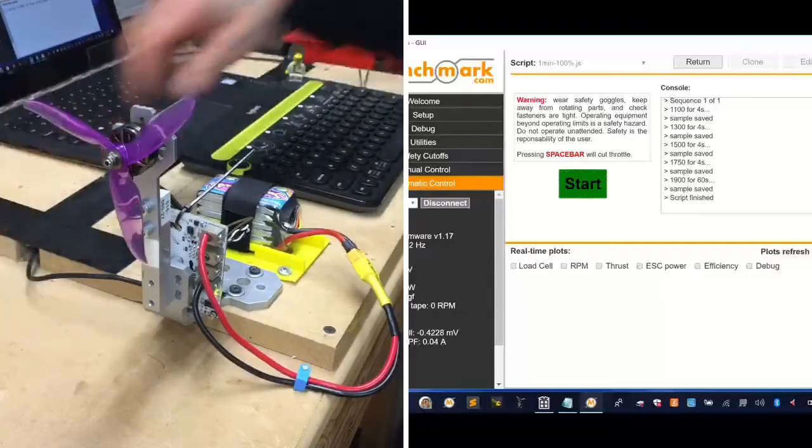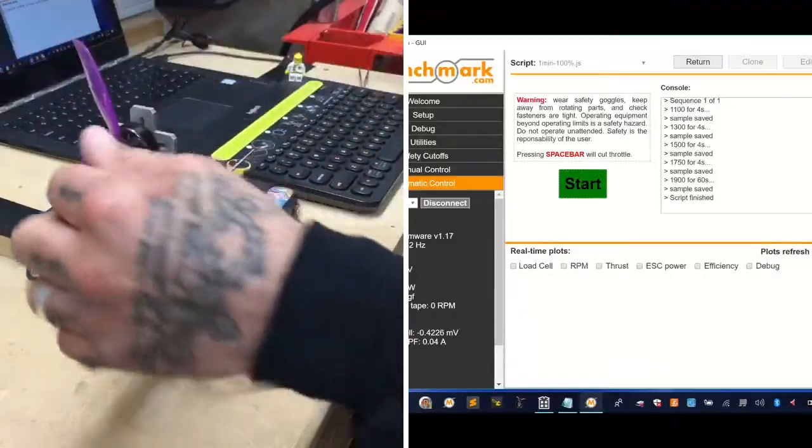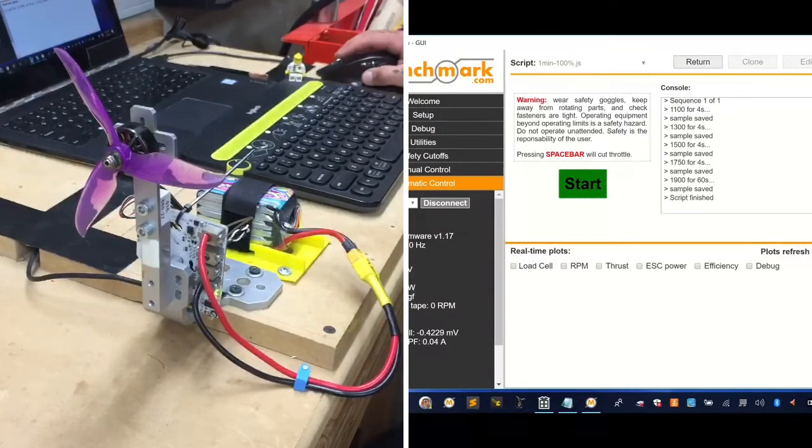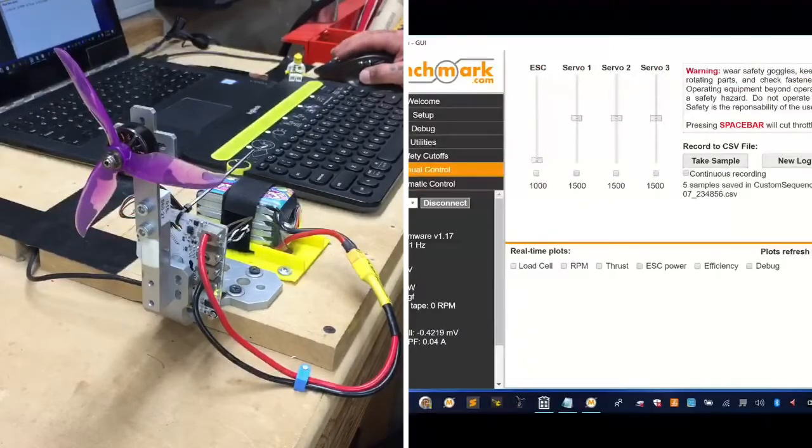All right, so, our poor motor has taken a little bit of a lick. My mouse went flying because the damn wind pushed it off. But I will tell you something. I don't know if this motor is dead yet. And I'll tell you why. So let me...